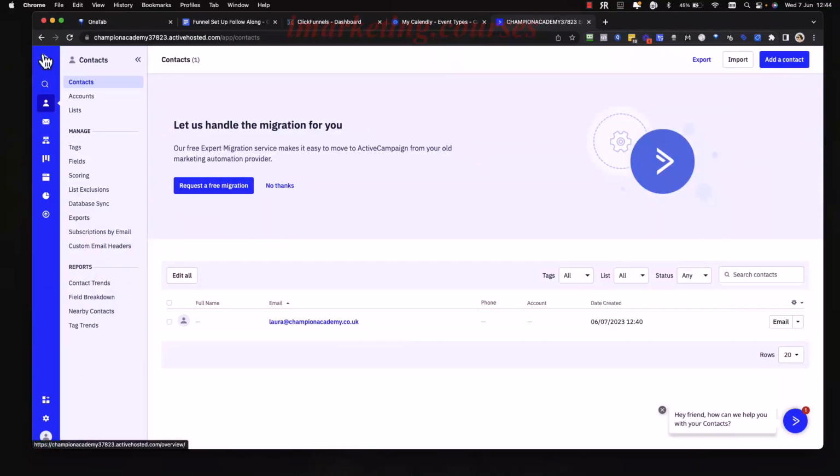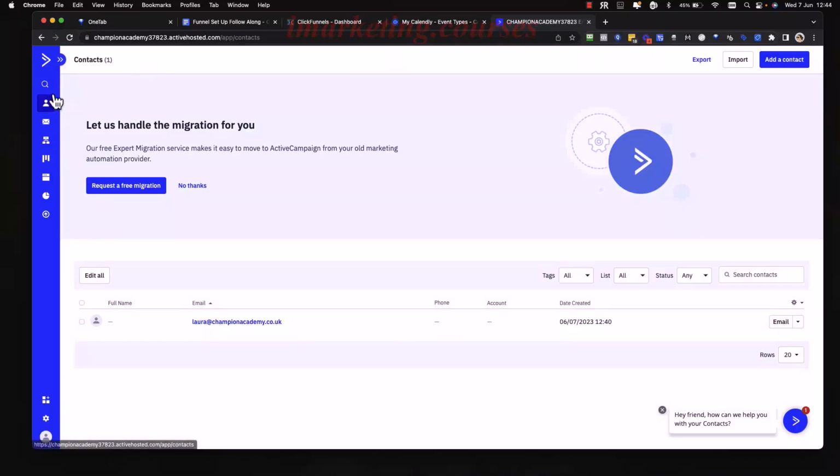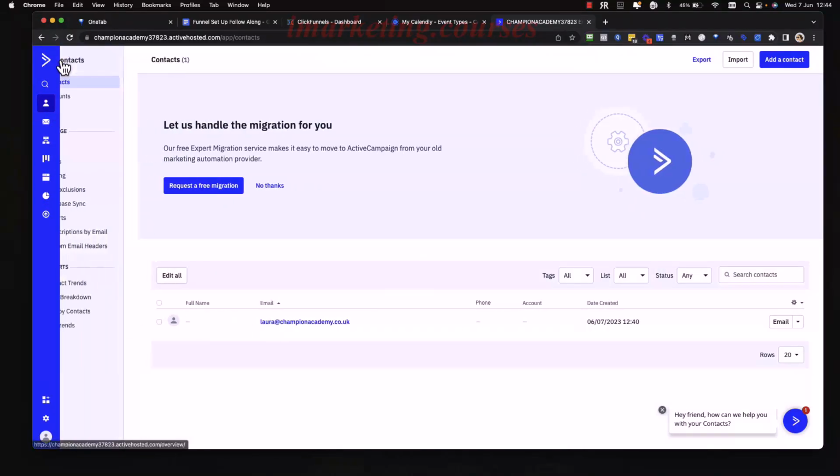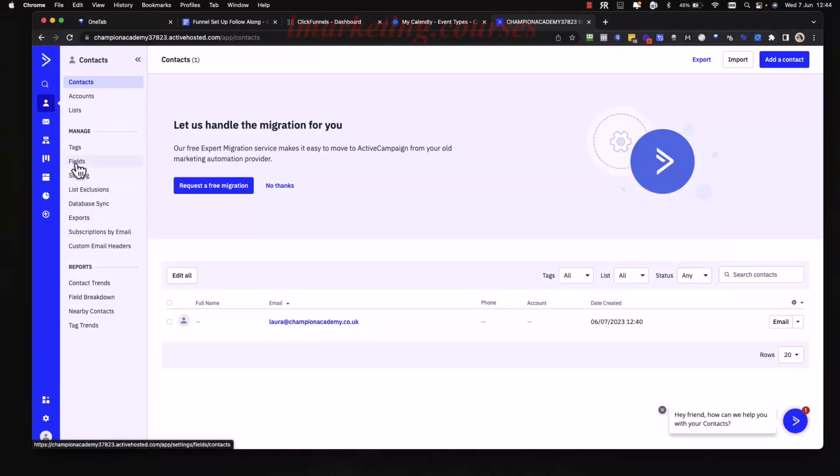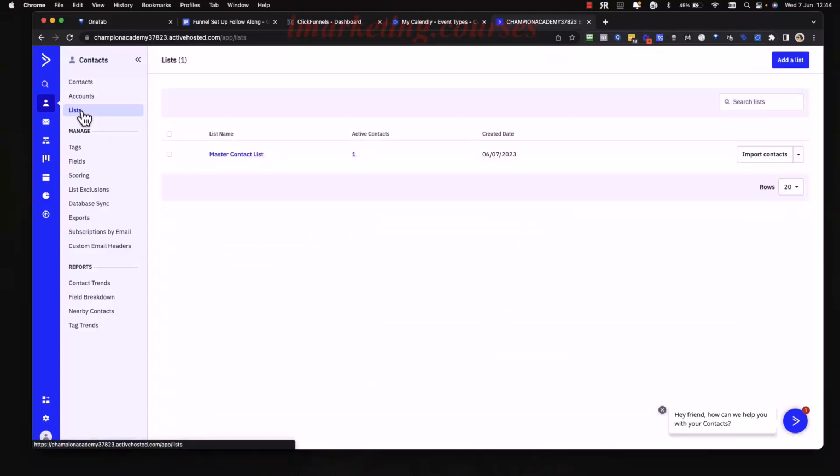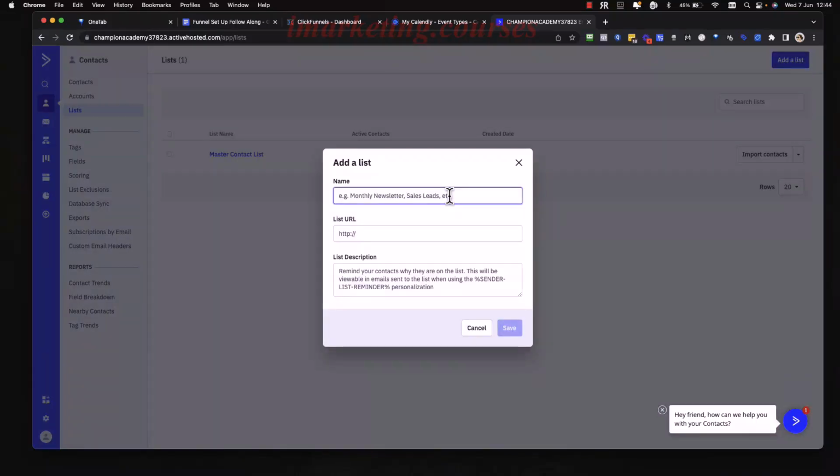Okay, just quickly, if you don't see that menu, so you just see this, you just need to click on the show navigation button, and then it will bring up all your options. So you want to go contacts, and then when you've got this menu bar come up, click on lists. Okay, then I'm going to click add a list, and I'm going to name it